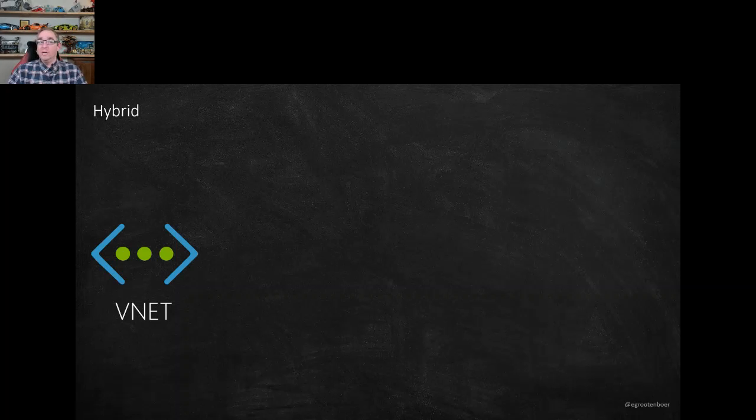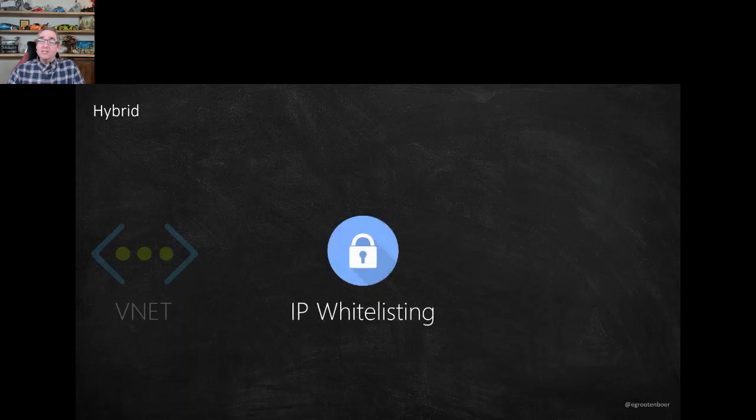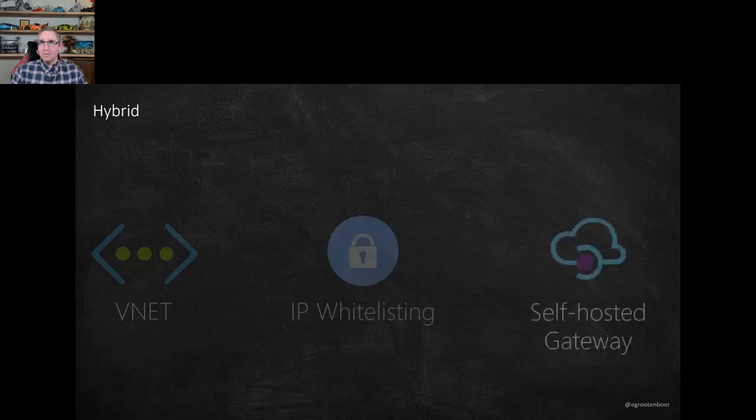There are a couple of options as well. Like I said, VNet integration is part of the premium tier. Many of our clients don't want to have this VNet integration just to call out to one or two different services on premise. So what they do is just IP whitelisting. IP whitelisting you can do on any dedicated SKU. Except consumption plan, you always have a static IP. And of course, when you have a static IP, you can whitelist it on your on-premise firewall and add the access from your API management to those on-premise systems. That's something that we see quite a lot.